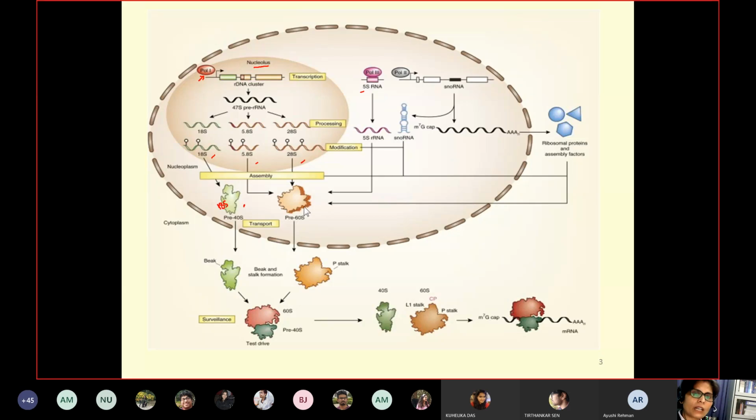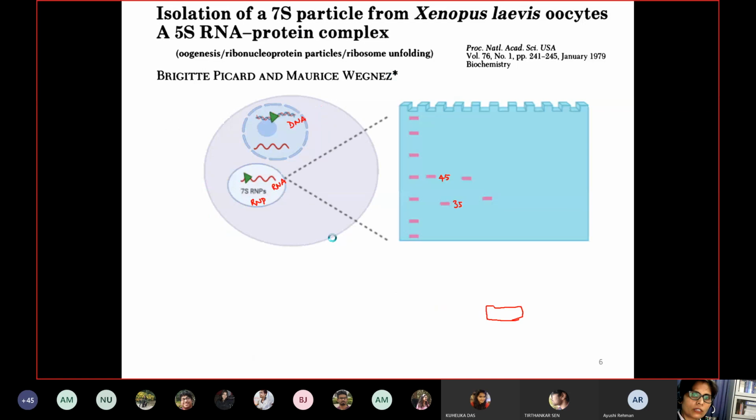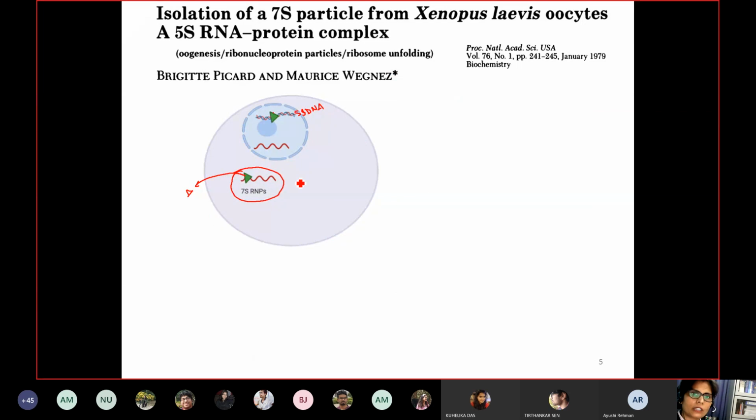And I showed this diagram because many people asked why polymerase 3 was used, why not polymerase 1, and why tRNA was taken as a control, because tRNA is also transcribed by polymerase 3. So to clear these kinds of things, I showed these three slides from the last lecture. And then I proceeded into the coming lecture. So from today's lecture, I should have started directly from here. Even here, I mentioned that the 5S DNA was bound with the transcription factor.